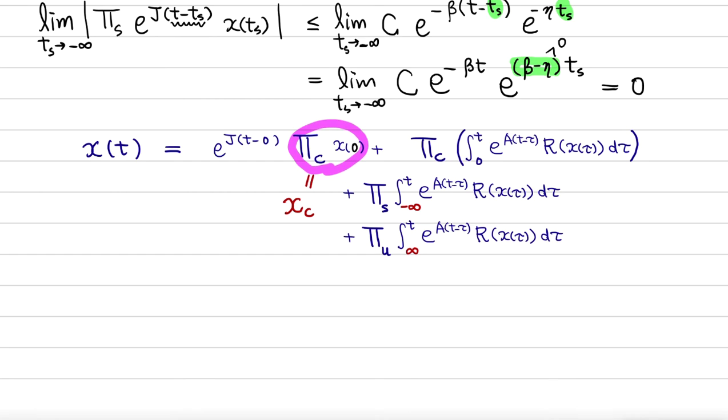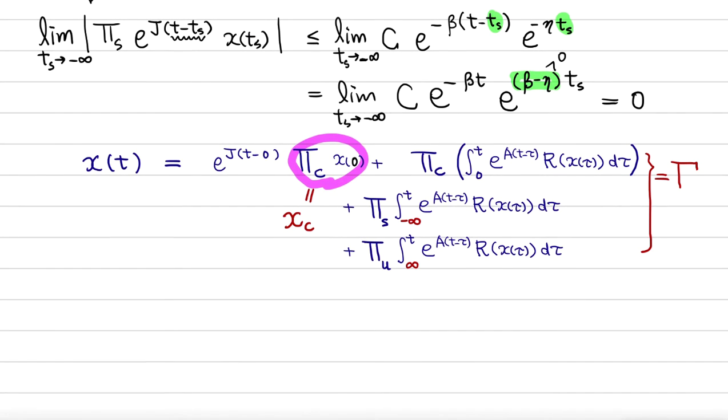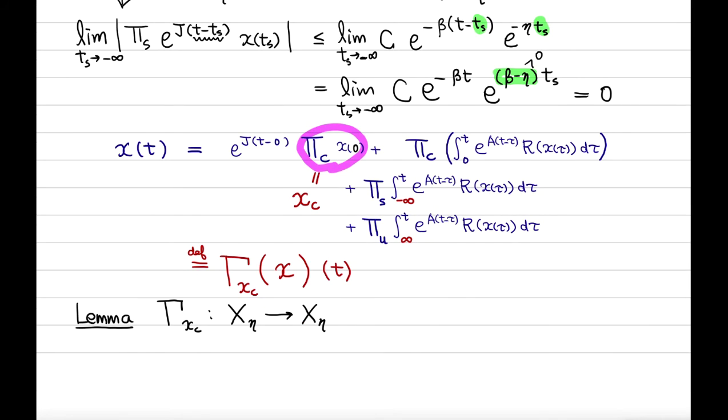The reason that we are defining this new term is because I want to define a new notation which takes the function x and spits out a new function, gamma of x, and it depends on xc. xc becomes the parameter of this functional gamma. So again, gamma of xc for each parameter xc. What is xc? xc is a point on